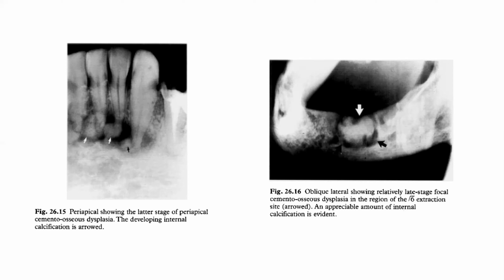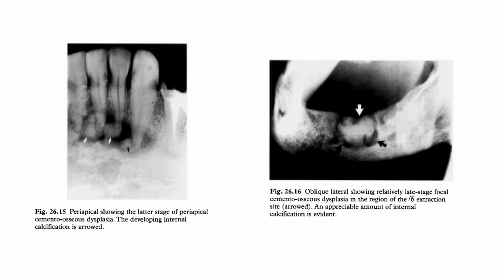This is statistically shown to be more prone in white women. Frequency is, however, uncommon, not as rare as the periapical cemento-osseous dysplasia, and it can appear at any area of the jaws, but mainly the posterior mandible, with a size less than 1.5 centimeters in diameter,